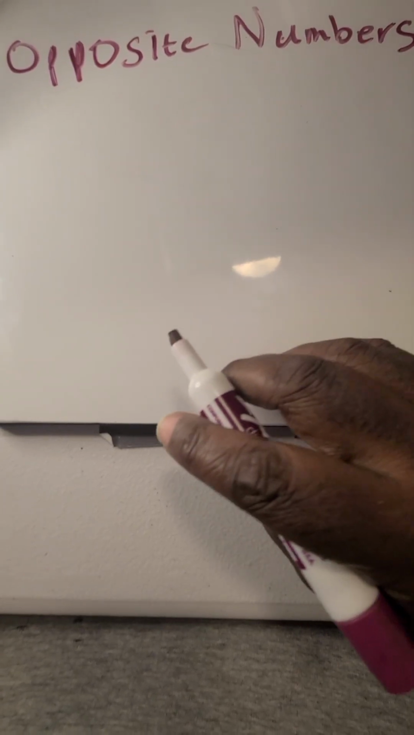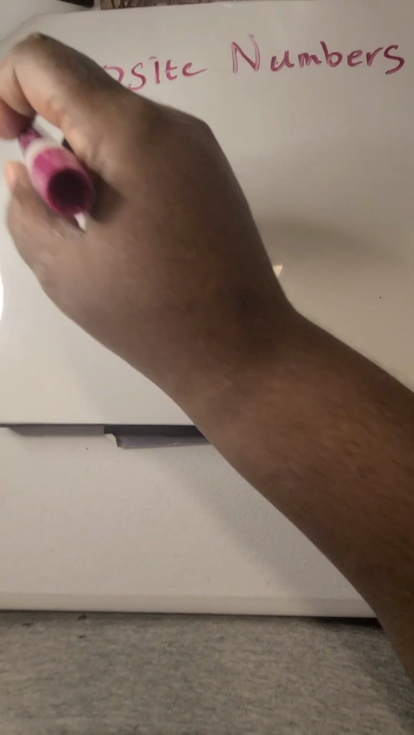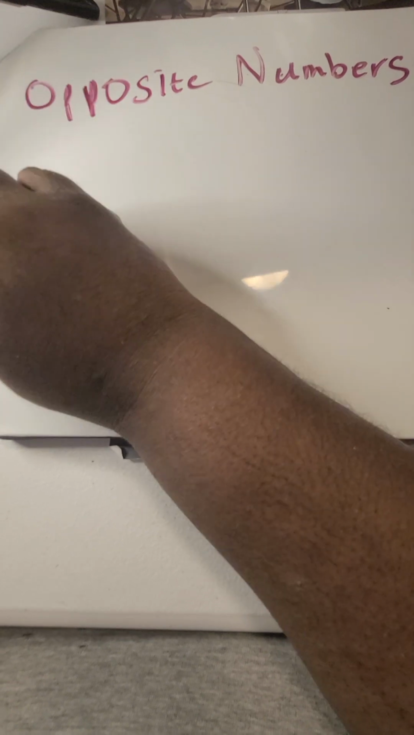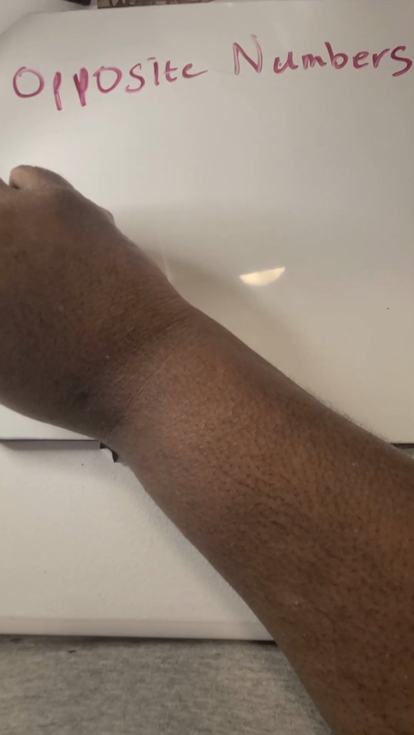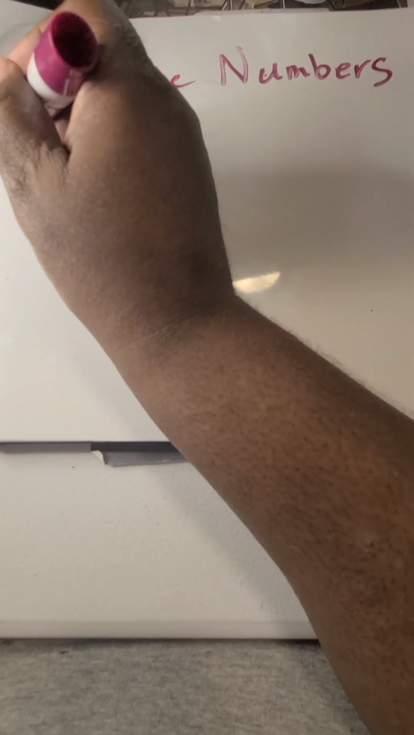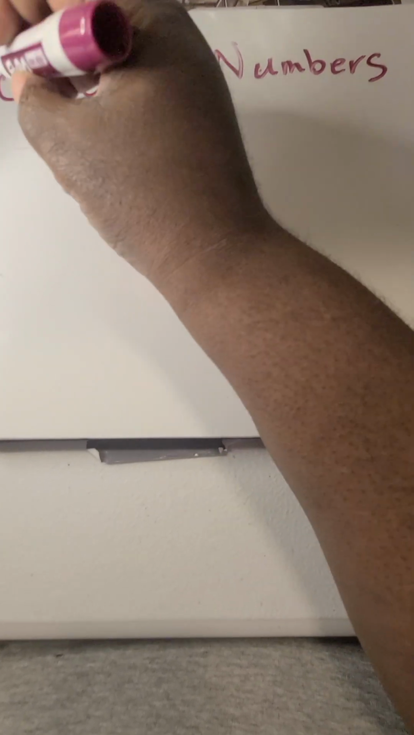All right, let's talk about opposite numbers now. Opposite numbers, if you understood absolute value, are something that is going to be easy for you to understand. Opposite numbers means two numbers who have the equal distance